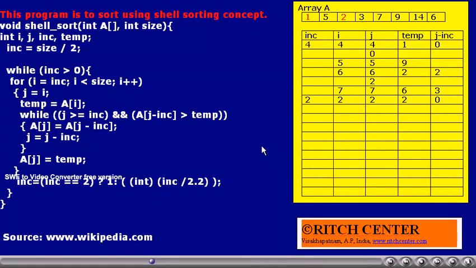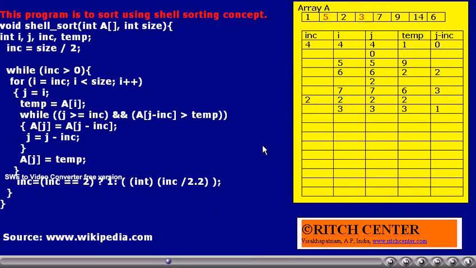Now we are taking 0th element and second element. Their values are 1 and 2. They are already in ascending order, so no action is supposed to be done. Now first element and third element will be taken.